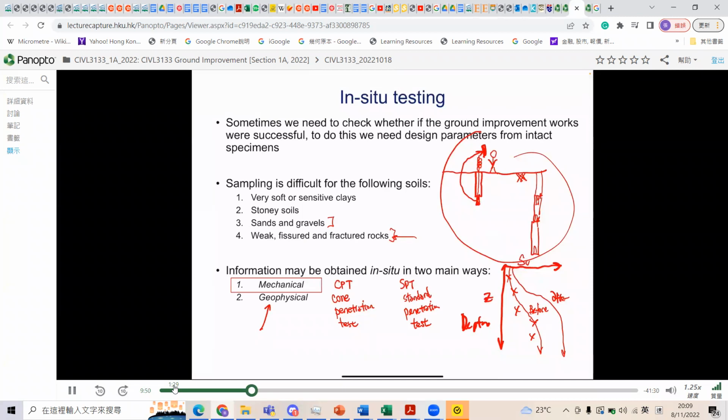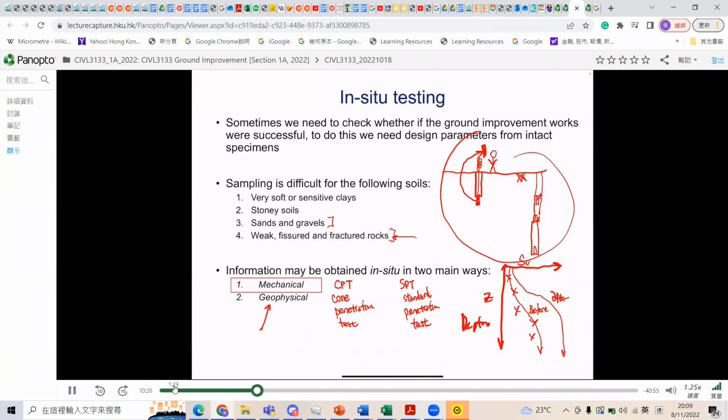You can also use geophysical means to detect large voids in the ground. Now, in particular regions in Hong Kong, there are karstic formations where there are large voids in the ground. And of course, we're worried that our bore piles, for example, might end up sitting on a large void. And this could be problematic because we impose very high loads on our bore piles when we build, let's say, superstructures, right? So geophysical means could be a quick, easy way to scan the ground to identify potential voids before